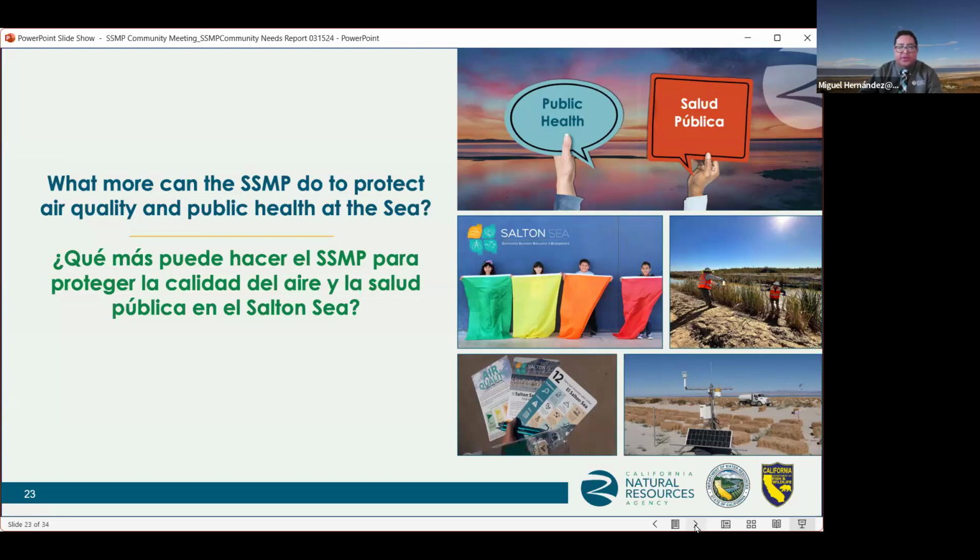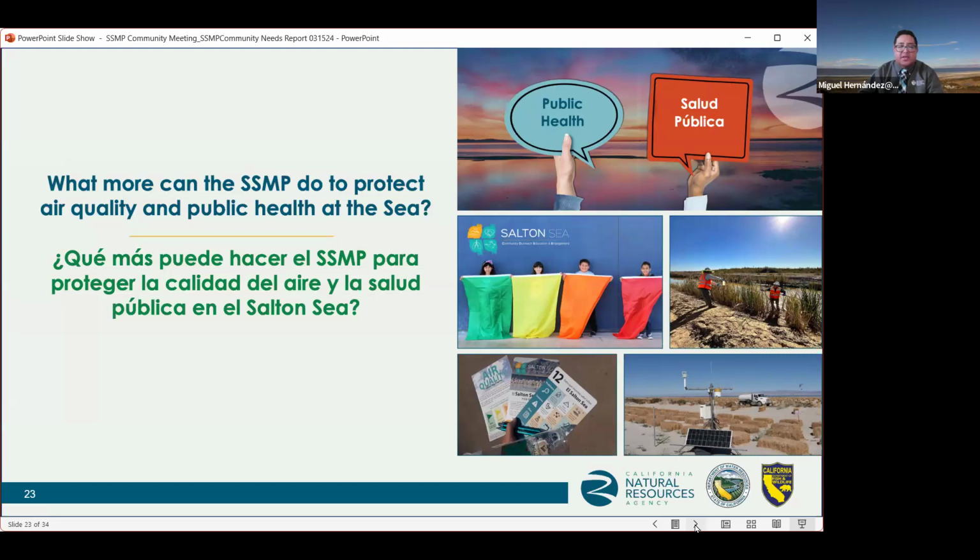On the slide that we're on, what more can the SSMP do to protect air quality and public health? I just wanted to point out a few of the pictures here on the screen. You see those colored flags. That's an air notification program, the school flag program, led by our partners, the Comité Cívico del Valle.